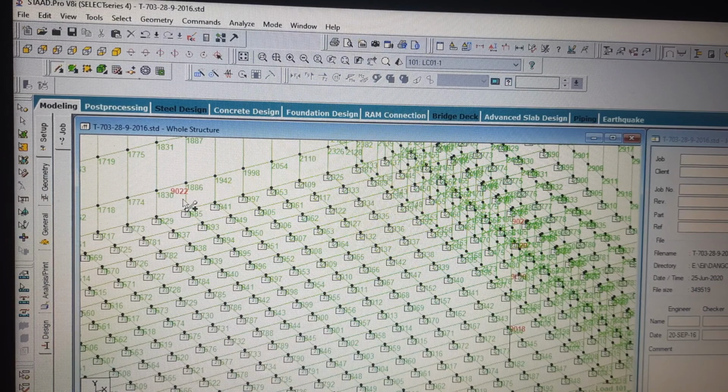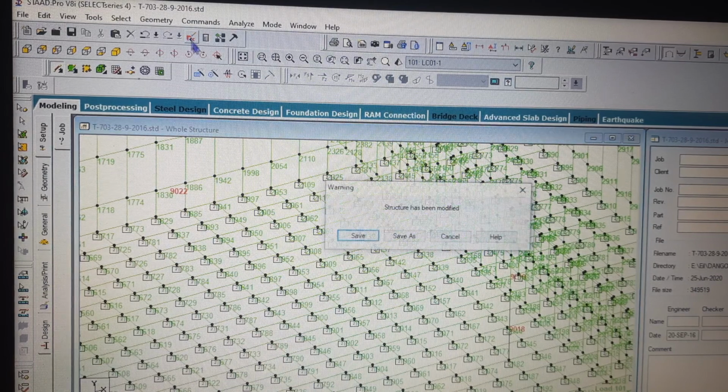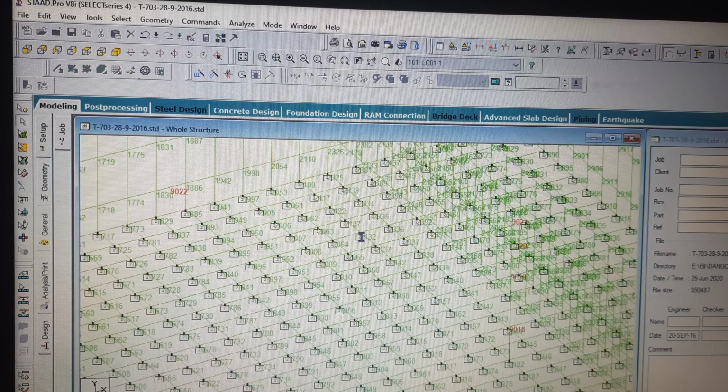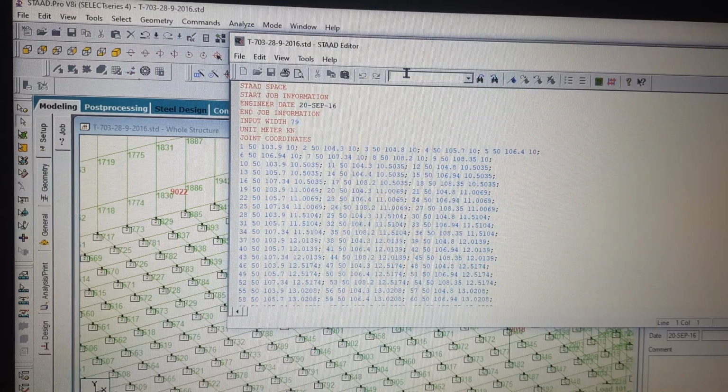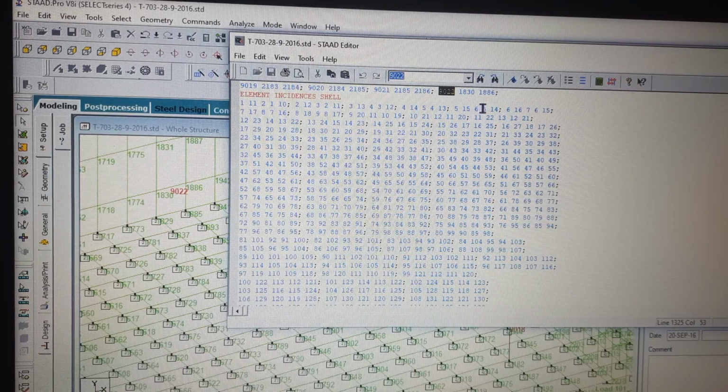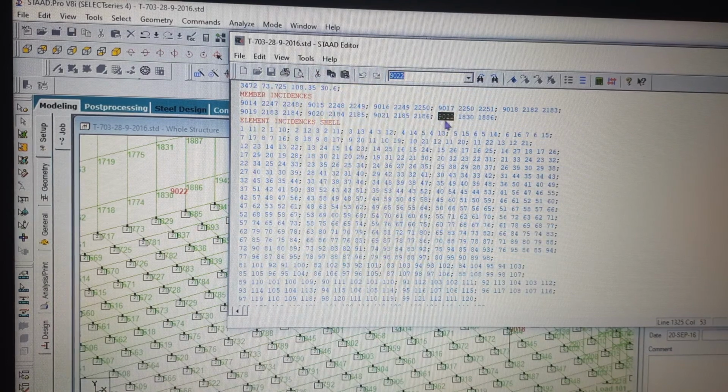So if in your STAAD input editor you go and check 9022, you will find 9022. This is your member incidence, 9022 between 1830 and 1830.